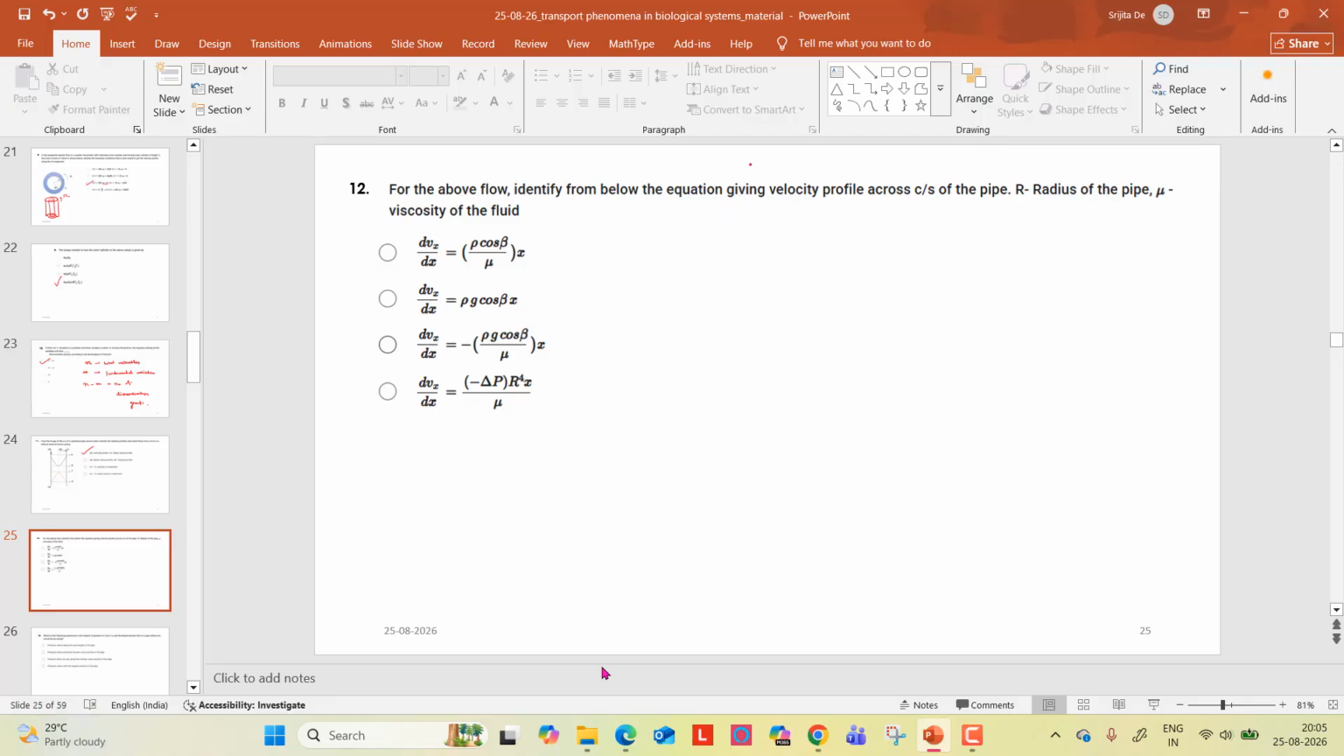So here gravity is constant. Gravity is included. Okay. So now you will get the velocity profile. So how can you just derive it? So here you can derive it. So here it is dx